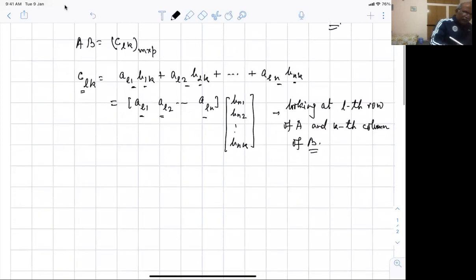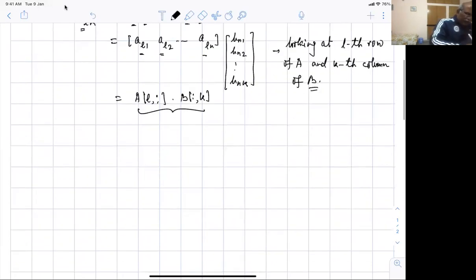So if you remember, this is the lth row, fine. And what is the kth column of B? It is B with the row index running and k here. This is what we had. All right, so this is the way we multiply. That was the idea as far as matrix multiplication was concerned, and we learned it in our school days. Fine. Let's take an example to understand it better.